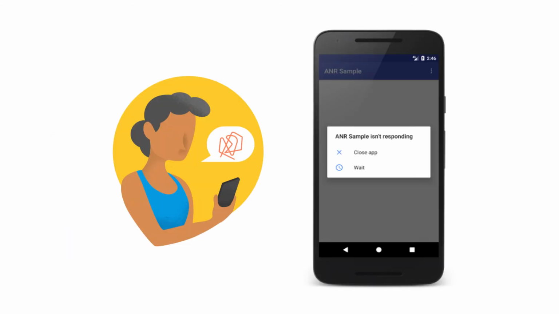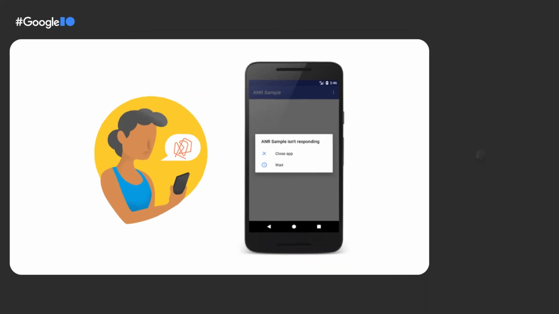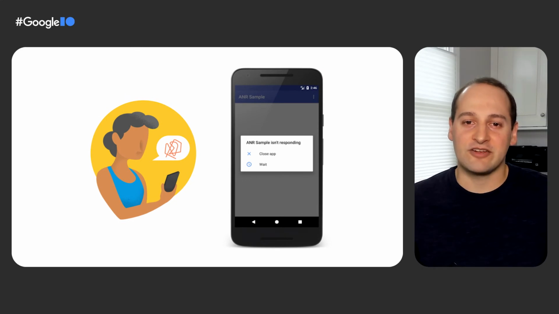Here's another type of issue you might not have been thinking about: ANRs, or application not responding errors. These are issues that occur when the UI thread of your app is blocked for too long. This can be particularly frustrating for users, since they won't be able to interact with your app during this time. In fact, according to our data, ANRs account for nearly 1/3 of all unintended application exits on Android, making them just as detrimental to your app quality as crashes.